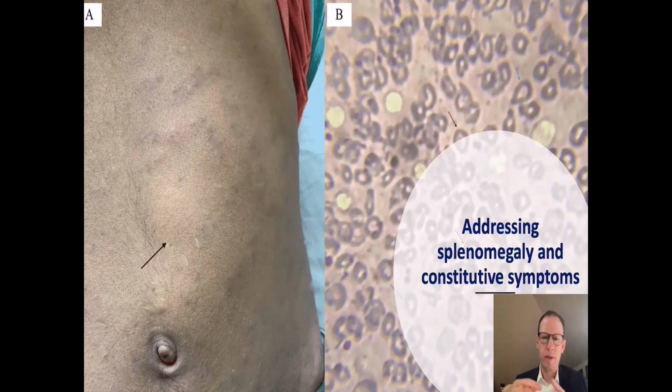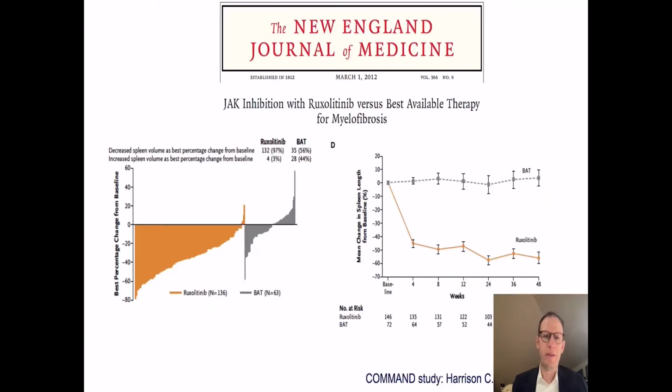So I've told you these patients often have a very big spleen, which affects their symptoms. They get anemic, of course, that we've talked about, but also they can get fever, chills, night sweats, decreased energy. So in other words, they can be quite miserable in some cases. So the drug Jakavi really changed the course of